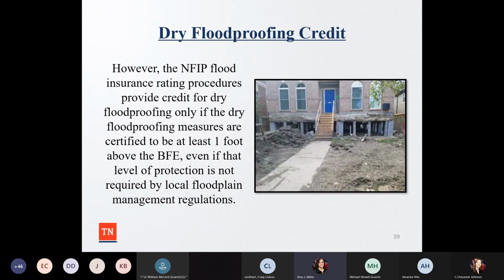So there can be a dry floodproofing credit. The NFIP flood insurance rating procedures provide credit for dry floodproofing only if the dry floodproofing measures are certified to be at least 1 foot above the BFE, even if that level of protection is not required by local floodplain management regulations. So whenever